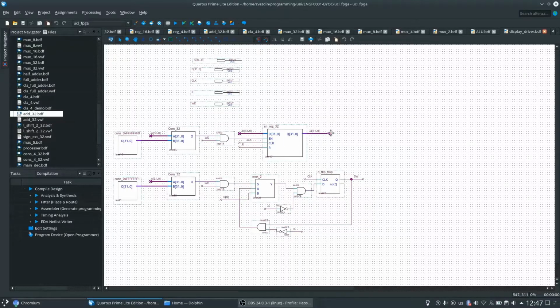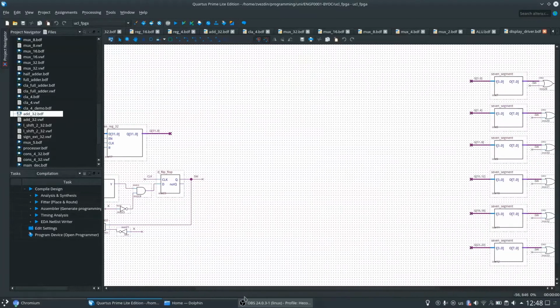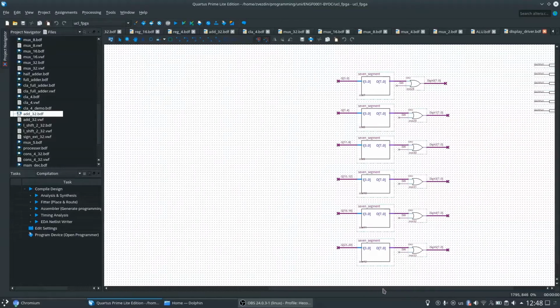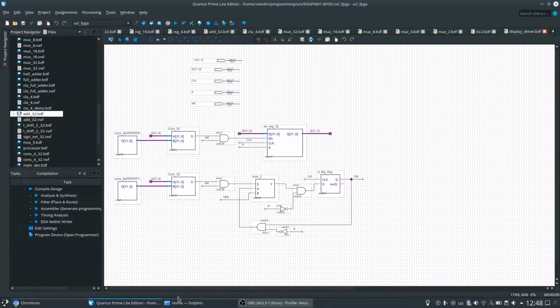The output will be the same as the data if the clock is at the rising edge, and then of the 32-bit data, the last 24 bits will be output on the 7 segments on the hardware. And if the address is equal to the second one, then